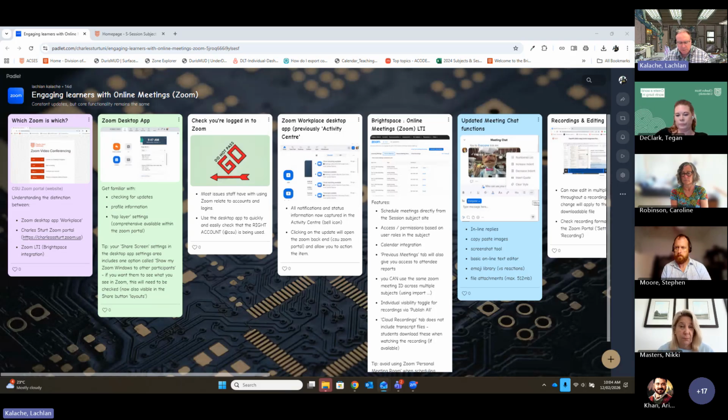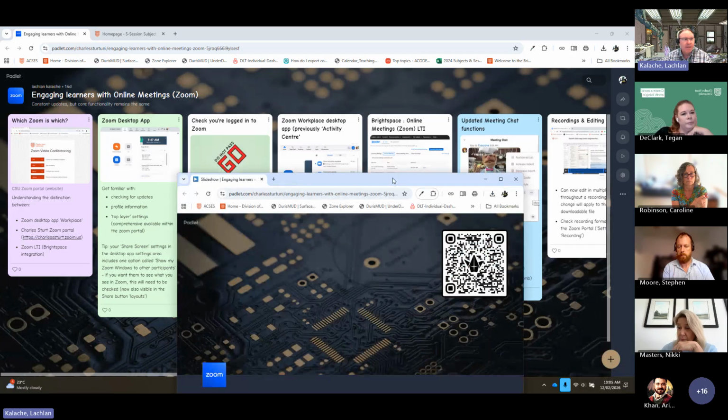What I am going to do first is drop the link to the Padlet board into the chat for those of you that would like to just look at it yourself. I usually use this mostly for myself to know what I need to be covering because, as I said, we're going to be talking mostly whilst looking at Zoom itself. All right, before I open a Zoom session,